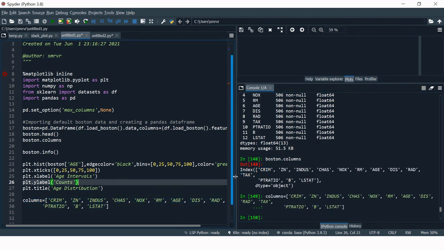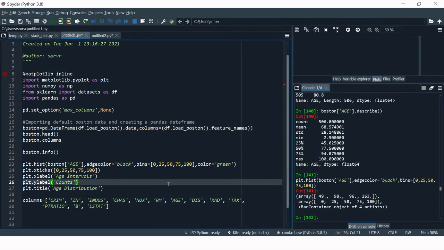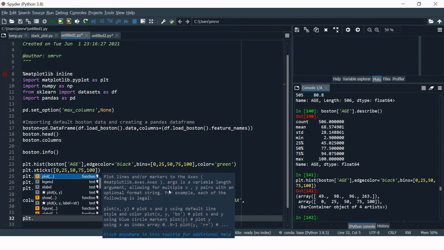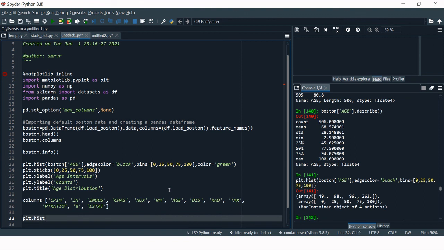All right, now what is it that we actually require to create a histogram? We just need to say plt.hist, and here we need to provide the variable name, which is from Boston, and you just need to keep changing the variable's name one by one, and that will keep showing.